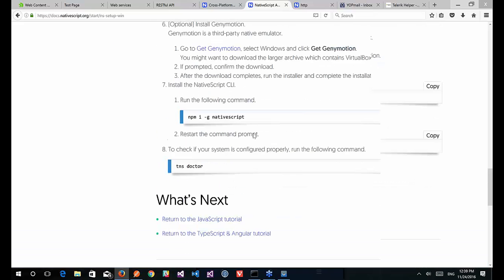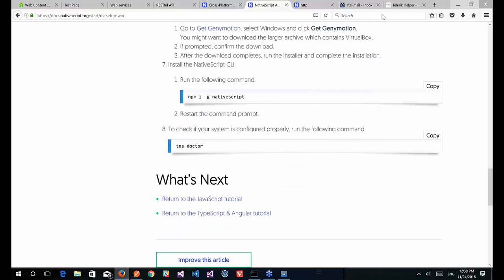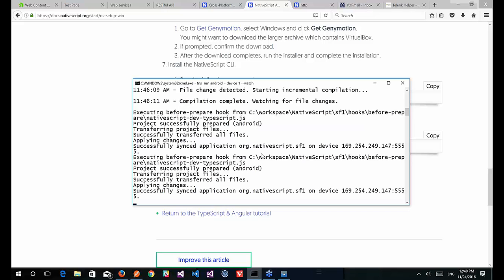Finally, how do you get NativeScript? By running this command on a command prompt: npm install -g. -g stands for globally on my machine. NativeScript is an NPM module, so it's available on the NPM registry, and that's it. So now when I go to a command prompt here,